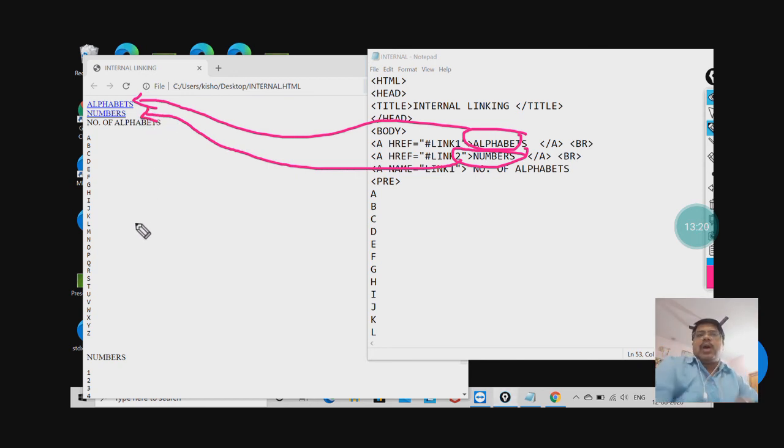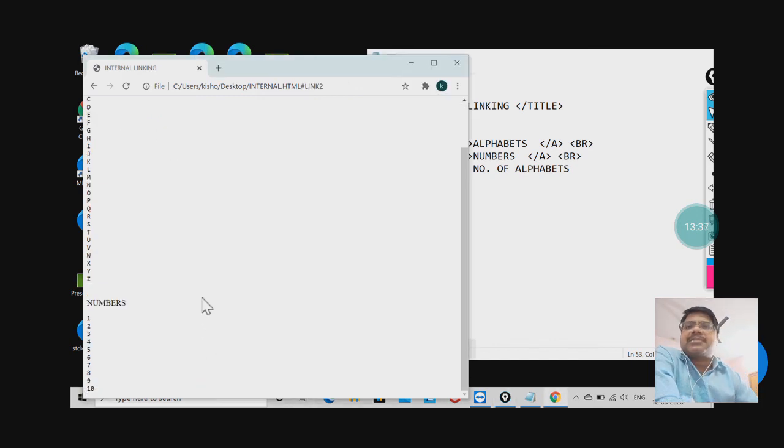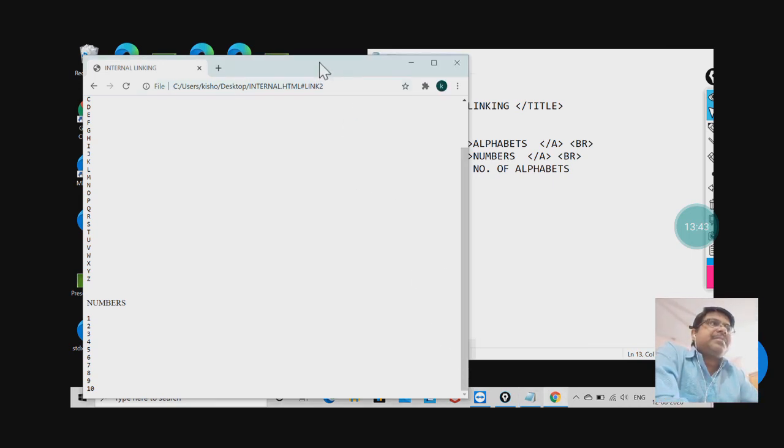Now you have to decide yourself which is to be shown. By default, because my first link has the alphabets, it is showing. But I want to see my numbers. You see, when I click on numbers, numbers will appear. You see, numbers have appeared. Now you can have a problem here because it is showing a big screen.